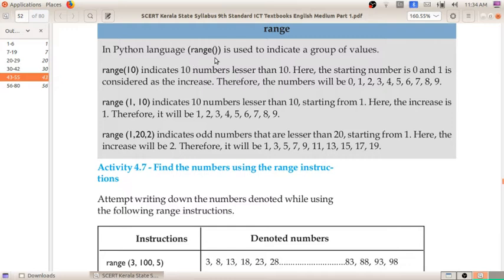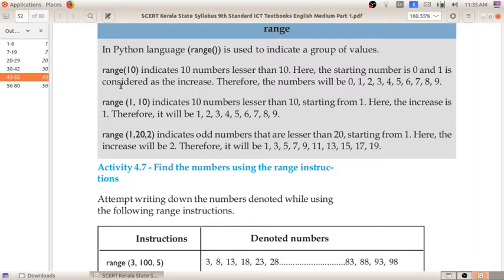This range with an open bracket and close bracket, we can term as a function. The range function is used to indicate a group of values. That means range of 10. Range of 10 means there will be 10 values, but it will start from 0 and go up to less than 10.